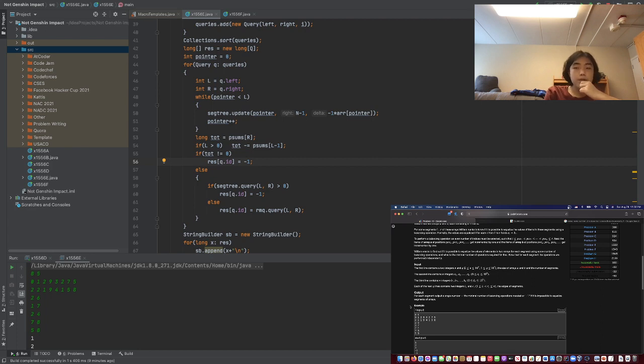It's like number of sequences or something. Plus 1, -1, plus 1, -1. Like the minimum number of moves we need to get from here to here is